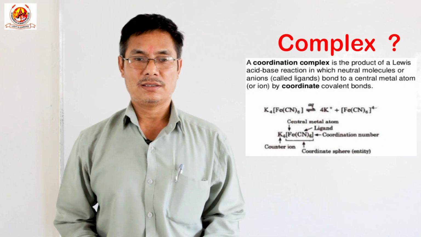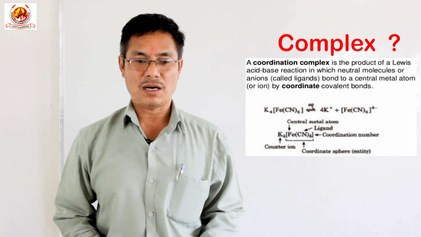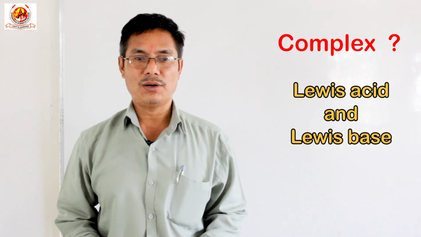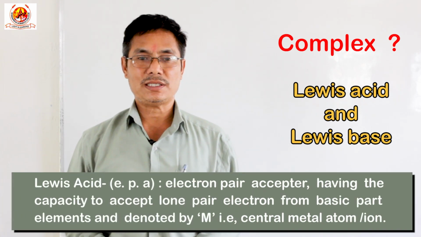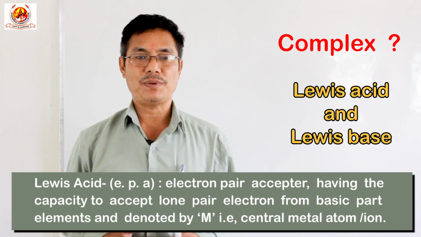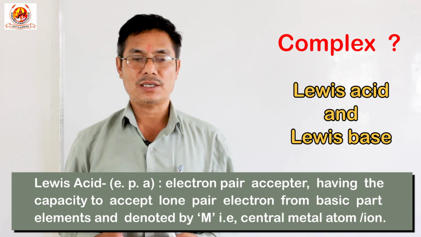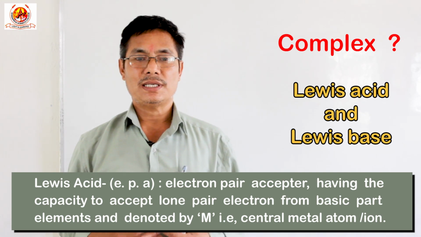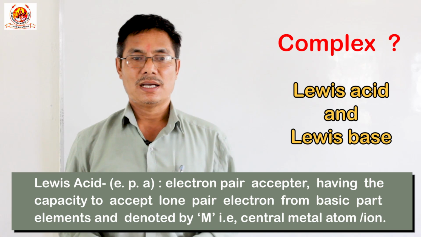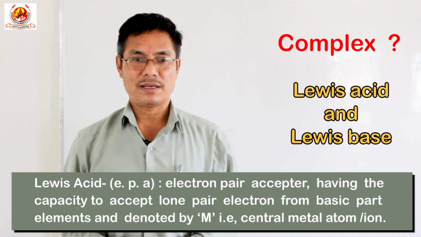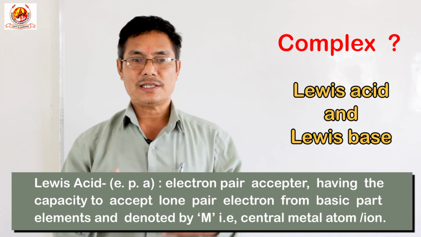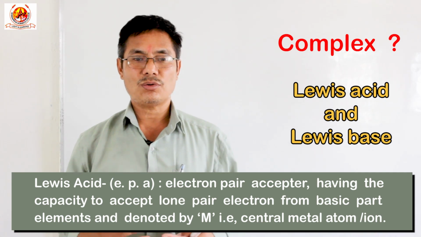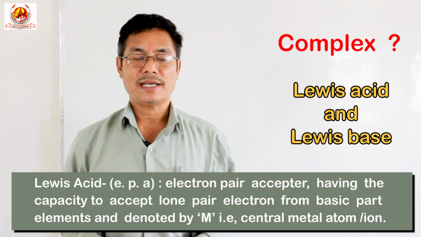Now let us know what a complex is. It is the combination of a Lewis acid and a Lewis base. The Lewis acid part has the capacity to accept the lone pair, or electron pair, donated by the Lewis basic part. In the complex, the acid part is represented by the central metal ion, also represented by the capital letter